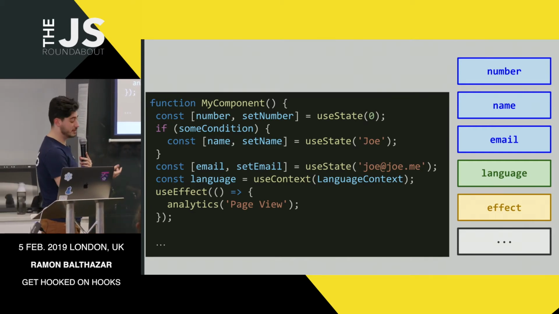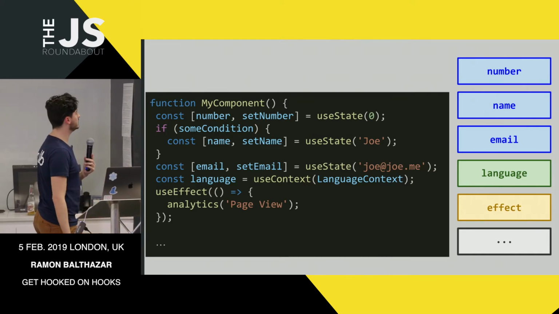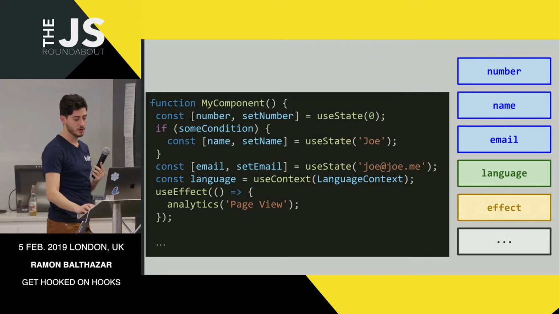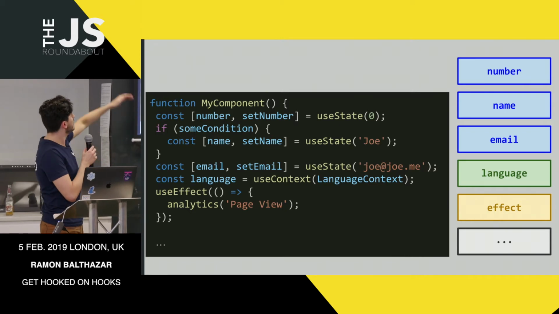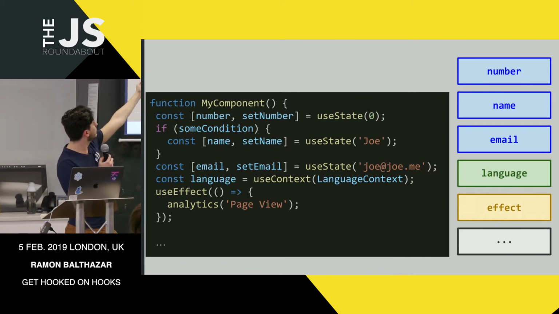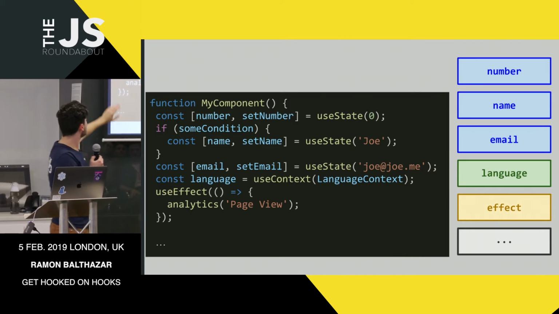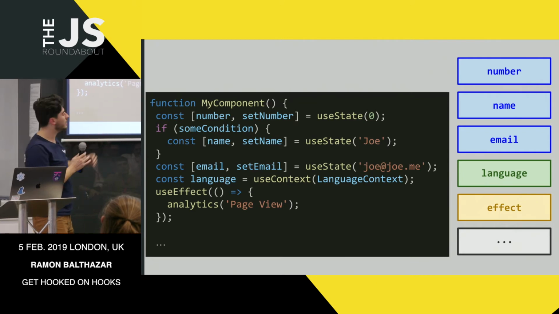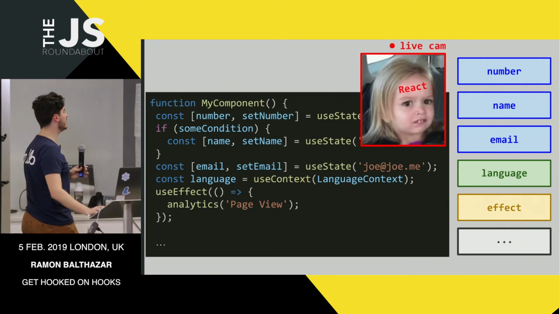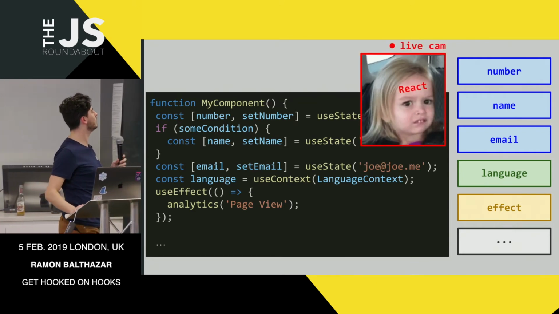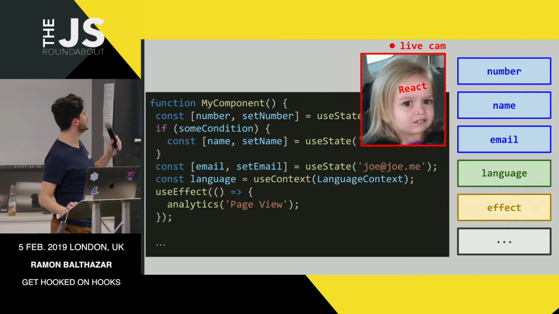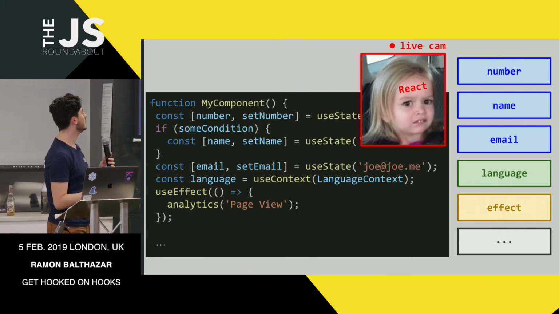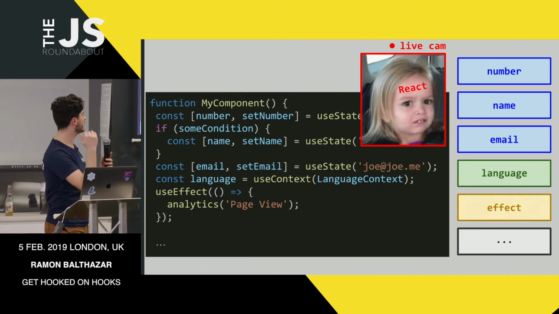Say you have a condition in there, and it's satisfied on the first render, so we get that order. In the second render, the condition is not satisfied anymore. The number will be called and you fetch the right thing, but the condition is not satisfied. You ask for email from the state and you look, okay, next thing, name. And you're just going to mess up React. It wouldn't know what to do. So please don't use conditions. Always call them in the higher scope.